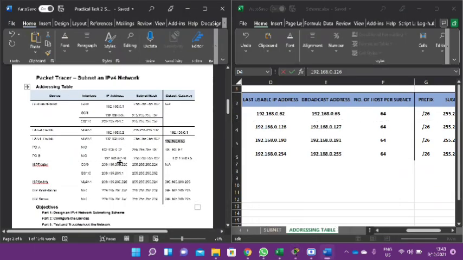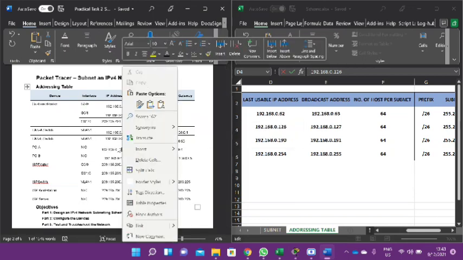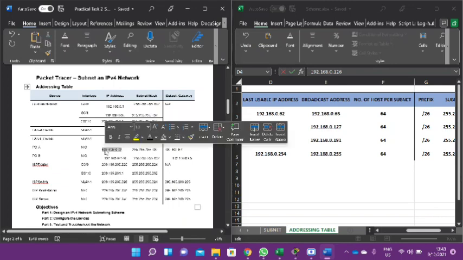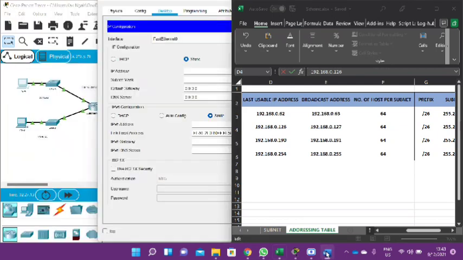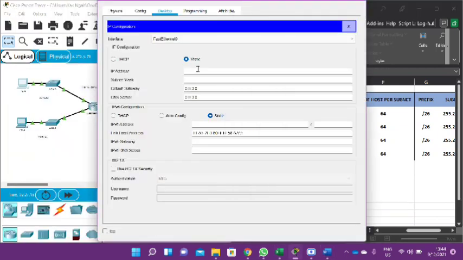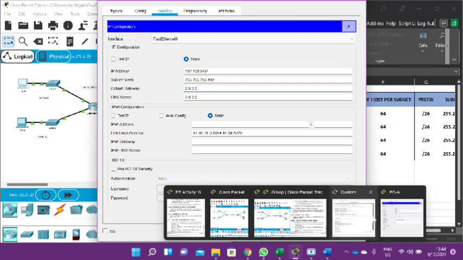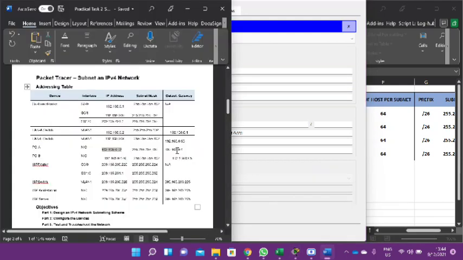PCA is 192.168.0.102. Enter the subnet mask, which is 192, and the default gateway, which is